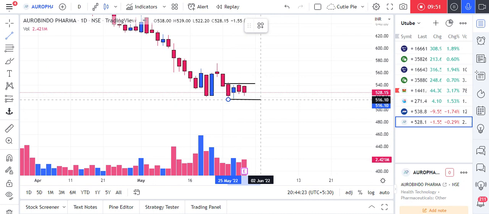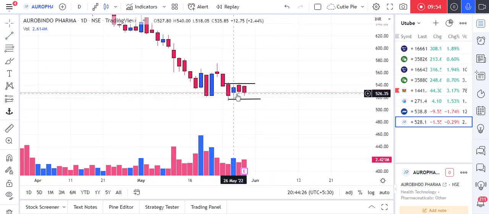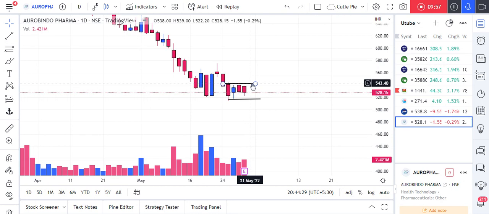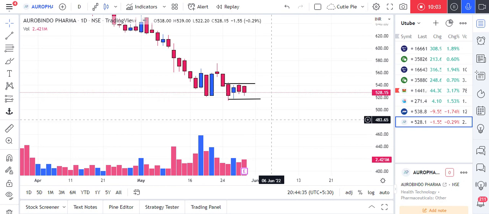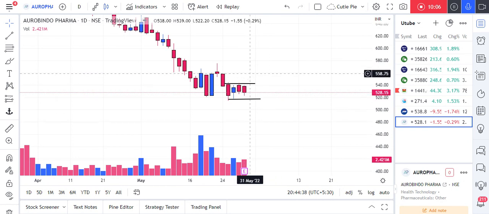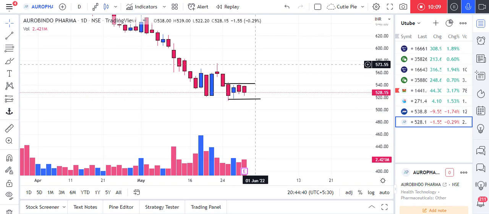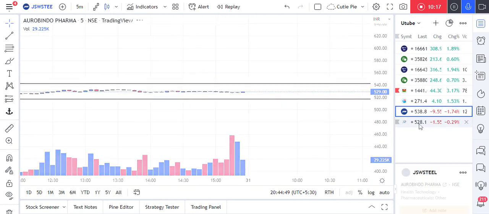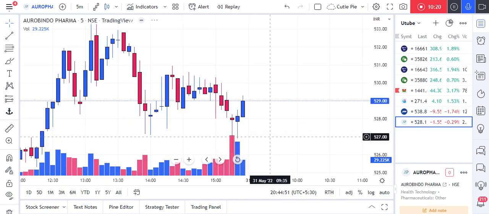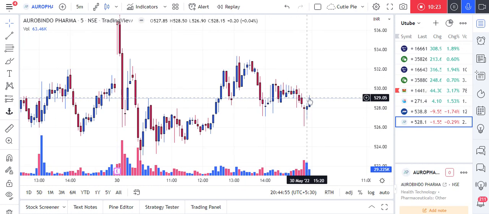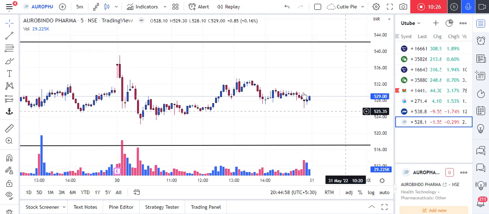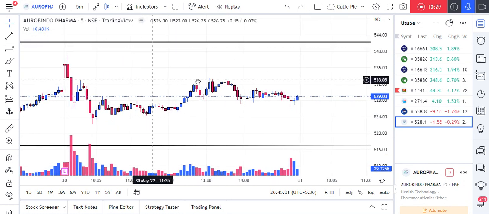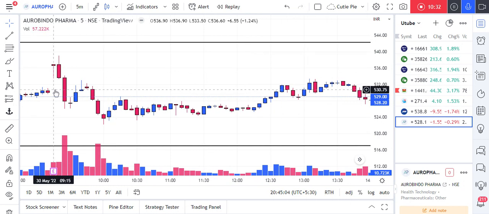Okay, so the price did not touch any support or resistance. Like if we have marked the high and the price opened gap up and fell down, we can short, or if the price opened gap up and it was bullish, we can go long. But here the price didn't touch any level. At the same time, if I go to a smaller time frame, on the smaller time frame too the price did not touch this level. And also the first candle is somewhat bullish, right?